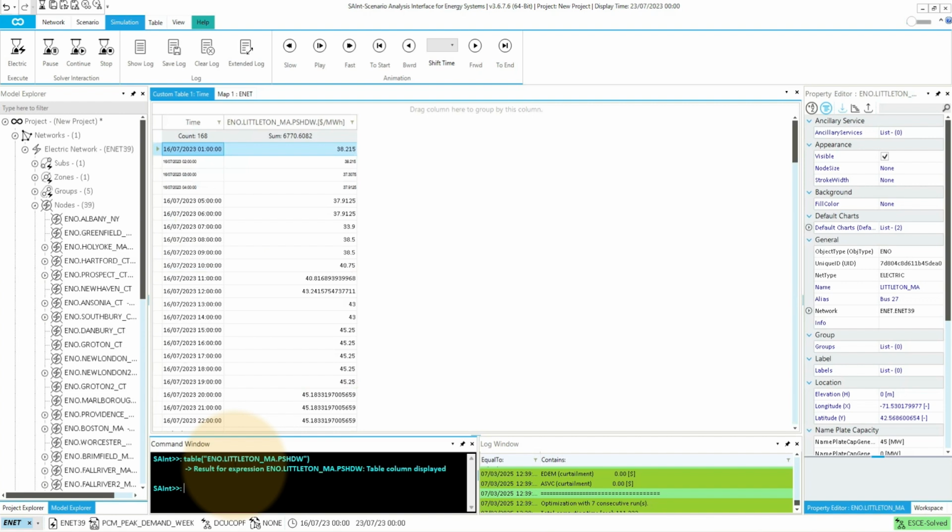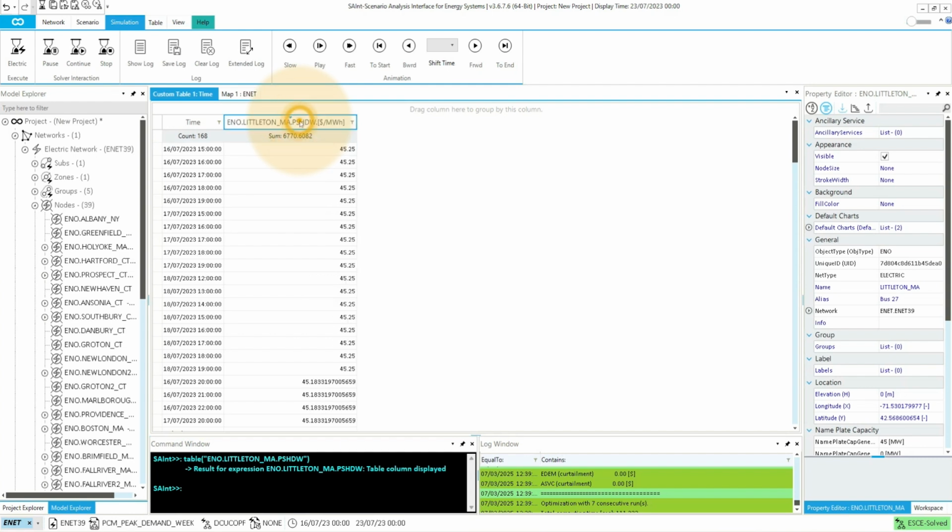I click enter, and now in this table I can sort these shadow prices. It looks like the maximum shadow price is